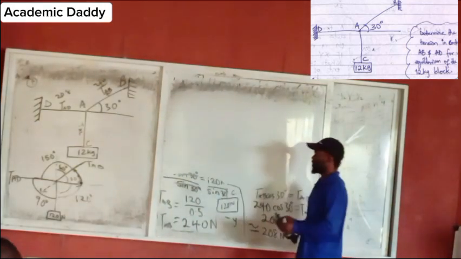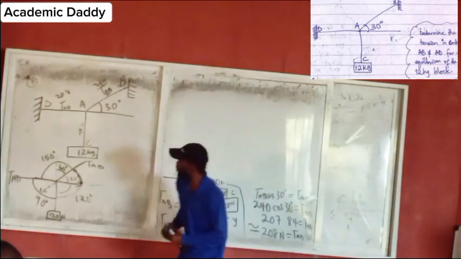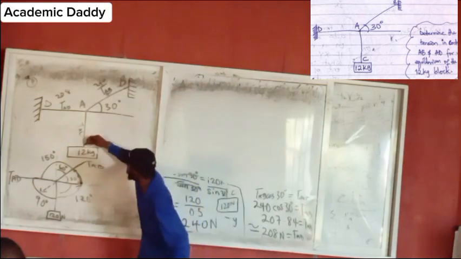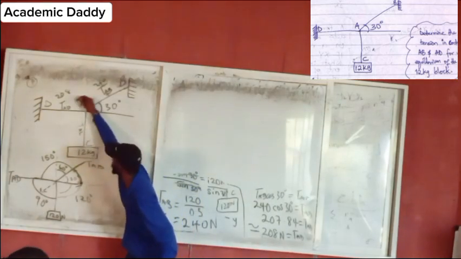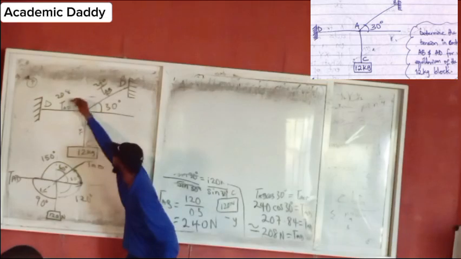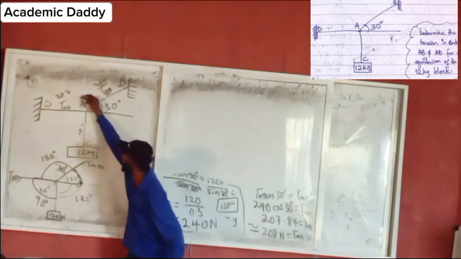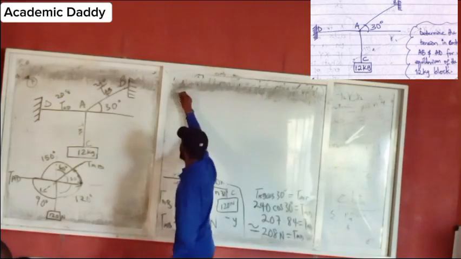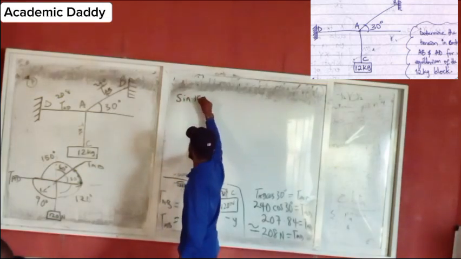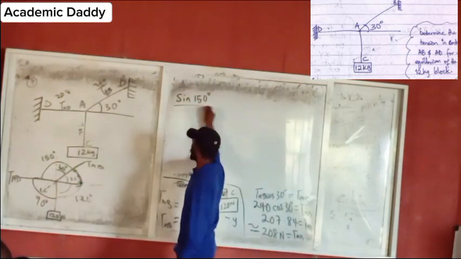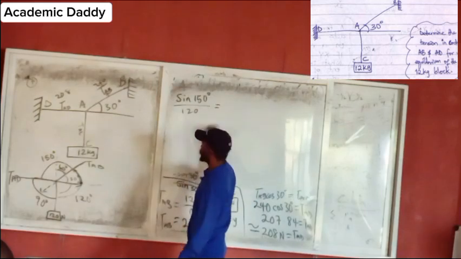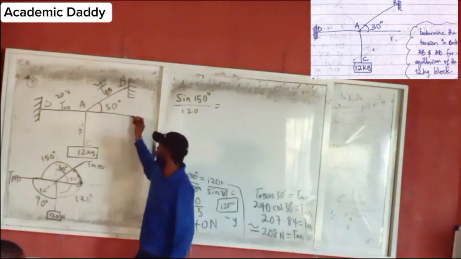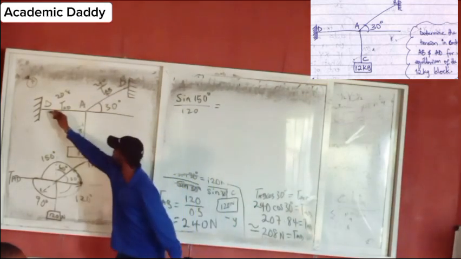Notice, please watch. Everything here is facing all the angles here. See that? And what are the angles? All the angles here is what? So let's do sine 150 degrees all over the corresponding length, which is 120 Newton, is equals to, then let's see, when we did this one,